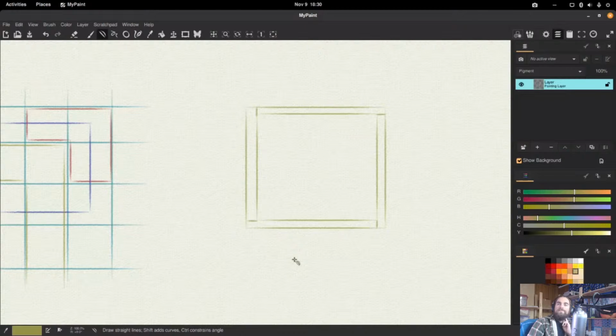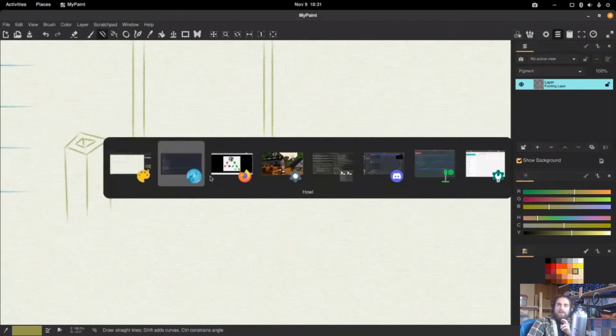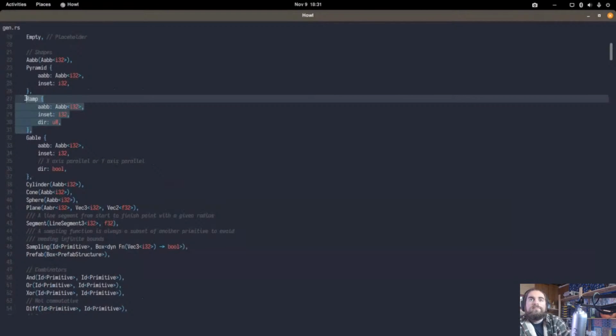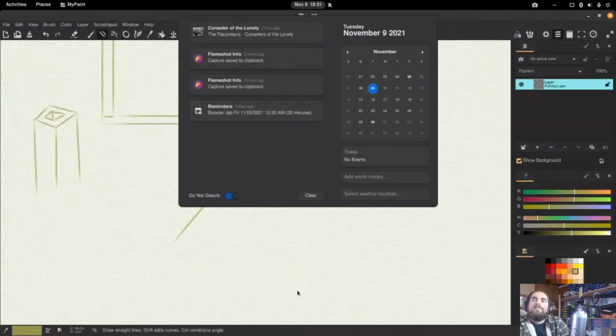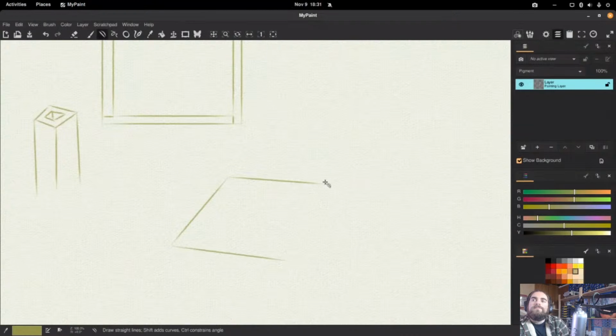Well, I could create a chimney by creating a cuboid, and then cutting a smaller cuboid out of the inside of it, so you end up with a hole in the chimney, like so. There's also a primitive called a ramp, which is basically what you'd expect. It's a ramp that looks a bit like this, where you've got a slope on one side,